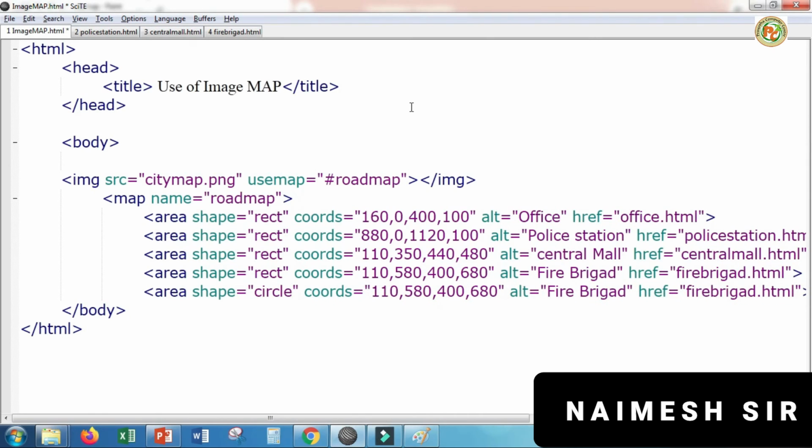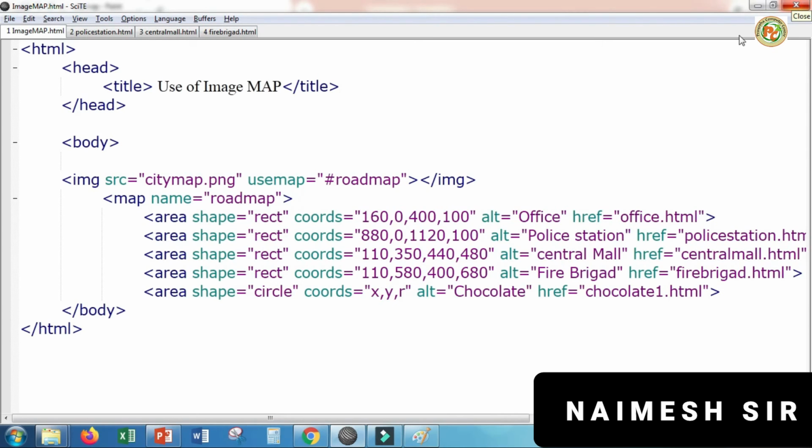Now in that there are only 3 coordinates: first x, y, and third will be the radius, r. Alternate text will be, for example, we are going to declare chocolate here, and when they click on that, a particular file will open, like one. I gave 1 because I already have a file with the same name on my computer, that's why I changed the name.